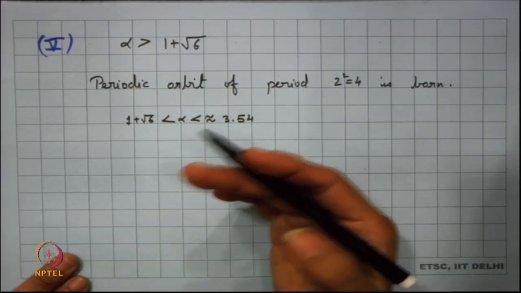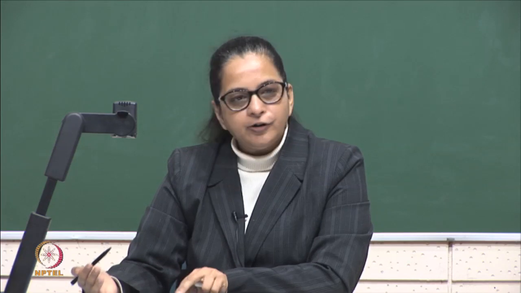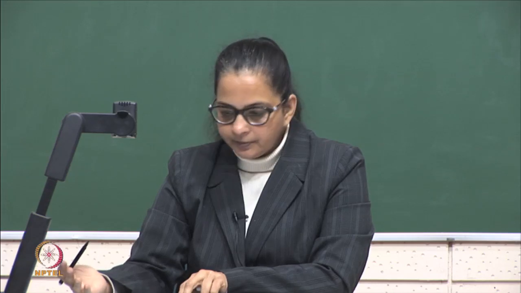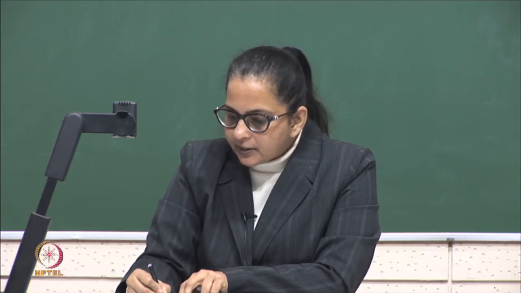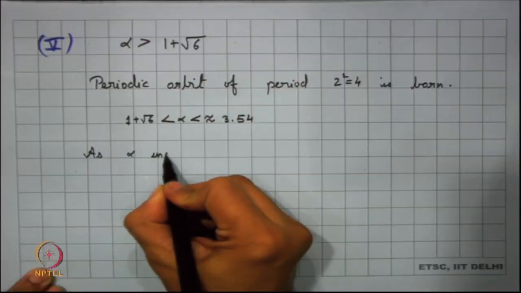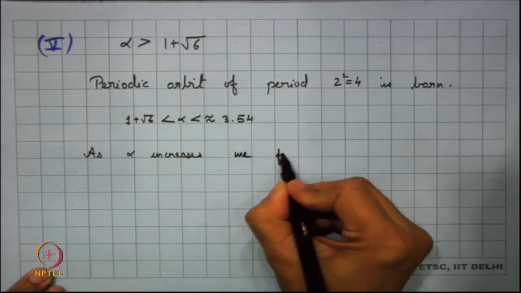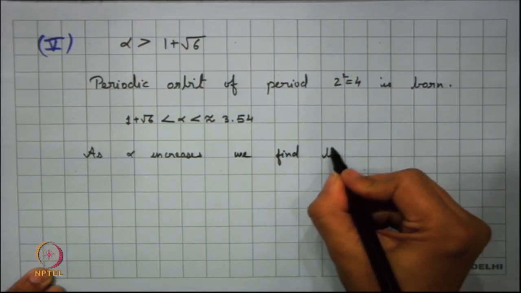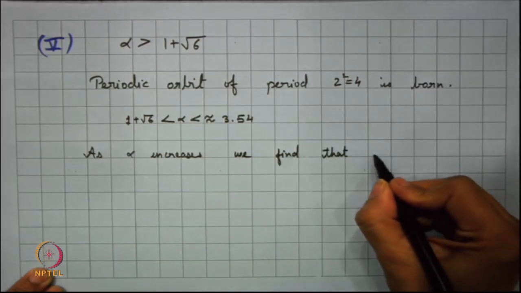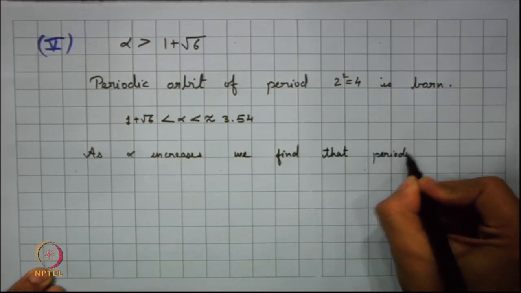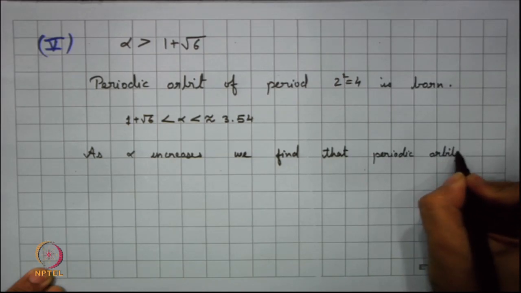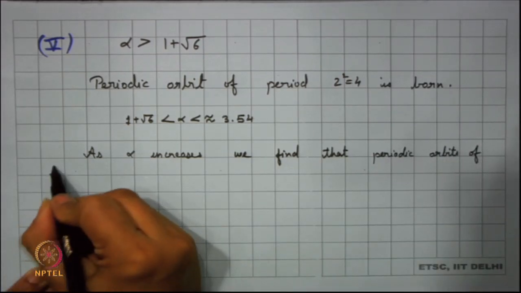Now, what happens in that case? Again you find that there is another periodic orbit of period 8 coming up. So, the period 4 orbit becomes unstable, but there is another periodic orbit of period 8 coming up, which again becomes stable. So, as alpha increases, we find that periodic orbits of higher order